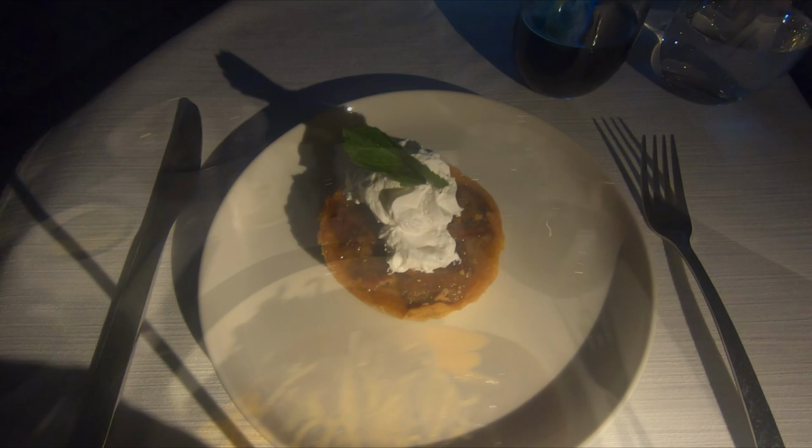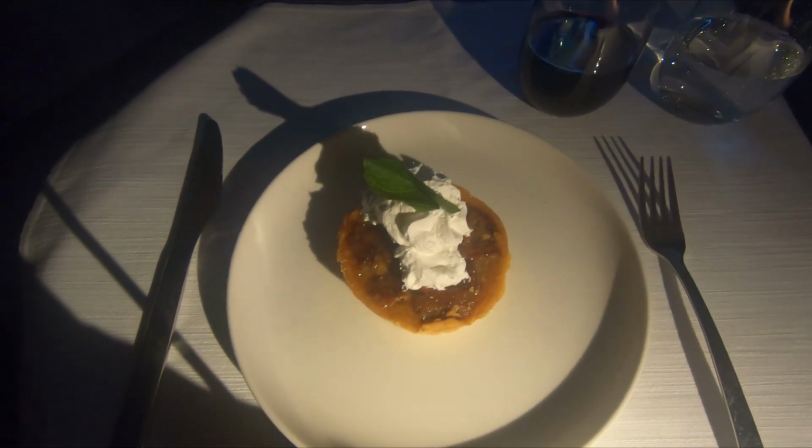And things didn't get better. It was another 35 minutes before my dessert was served. By the time I was finished, we were nearly halfway through the flight, and I had just 2 hours to try and get some shut-eye. The crew came to ask if I wanted breakfast 2 hours later, and 20 minutes after it was served,